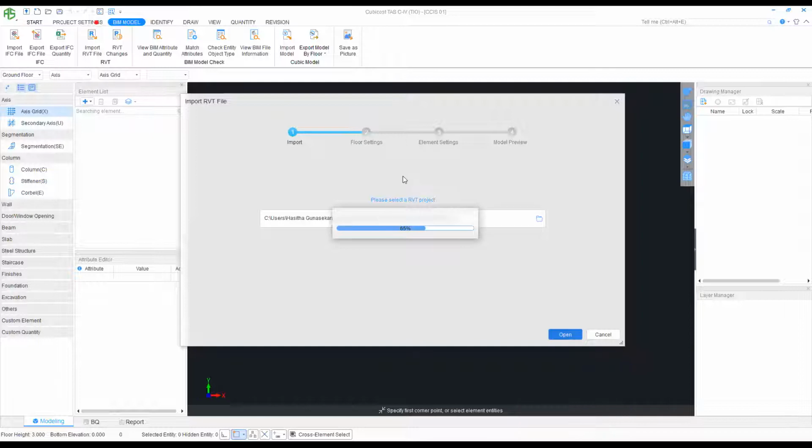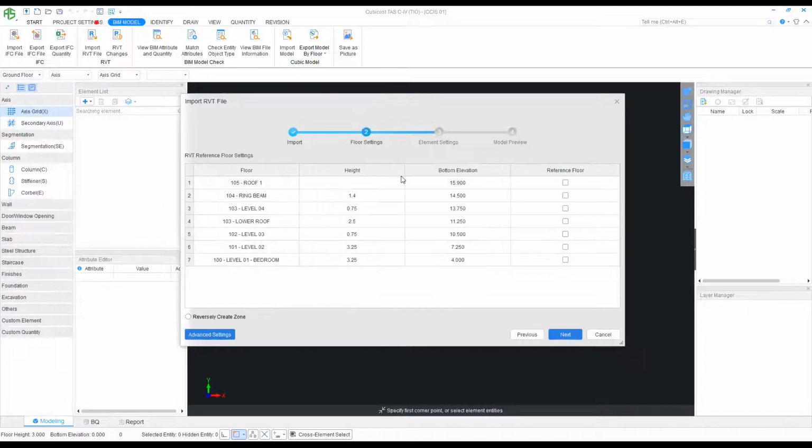With the evolution of the technology, now we have come to this stage. Now this is the new normal of the construction industry. Most of the countries have adapted to this building information modeling technology. Sri Lanka is also slowly moving into building information modeling. Now as you can see,